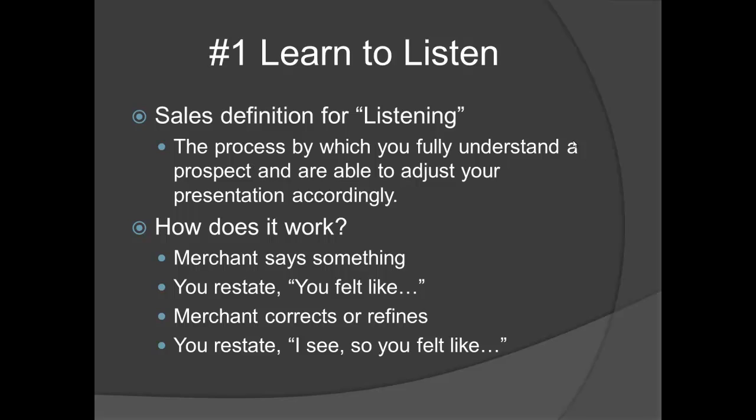So let me run through that again with you real quick. Somebody says, oh, I don't want to switch to some other processor again. I'm not interested in that. I would respond, oh, Bob, I'm sorry to hear that. I guess you feel like you're just constantly switching. And he says, well, it's not that I'm constantly switching that much. It's just that every time I do switch, it seems like I just get